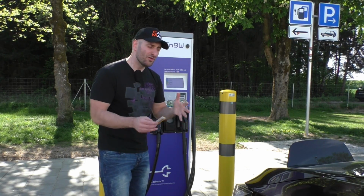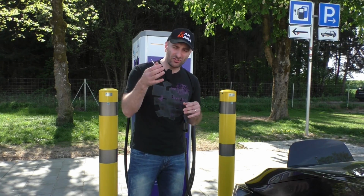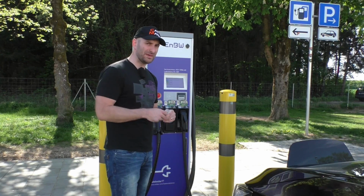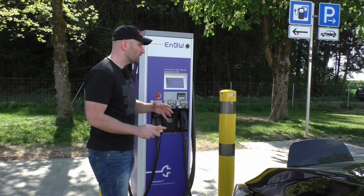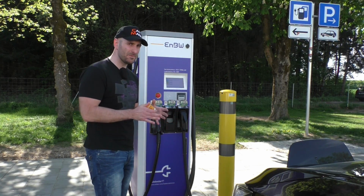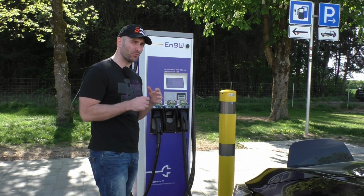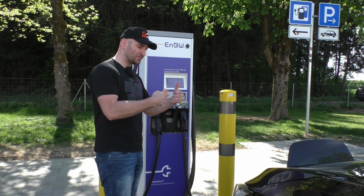Italy, Austria. First you need to sit down and inform yourself which charging cards you need, and that takes time and that's annoying. I think the best solution would be just to pay by credit card, and then it doesn't matter which charging station you are using, you can pay by credit card, and that's the most common solution. I think that will arrive with time, but I think it's a bit urgent now, so they should